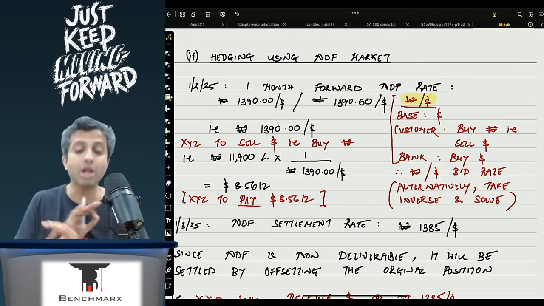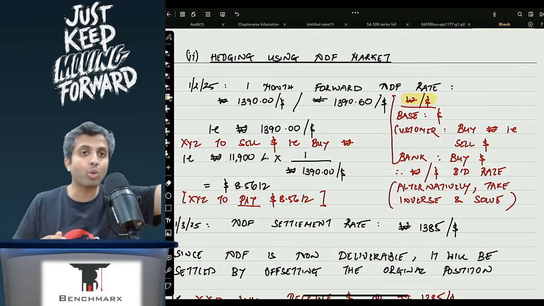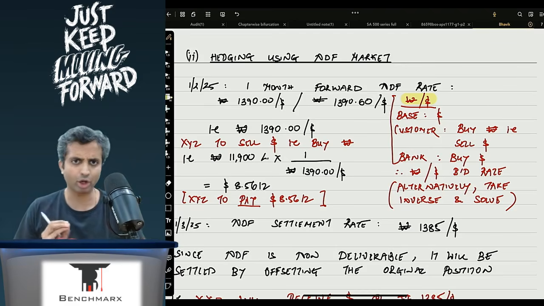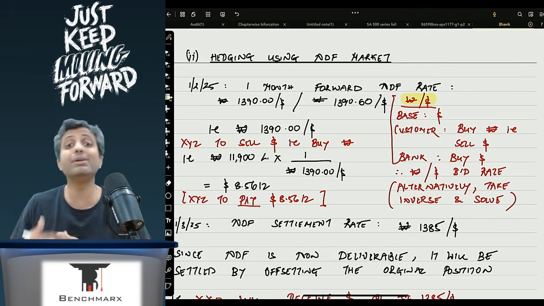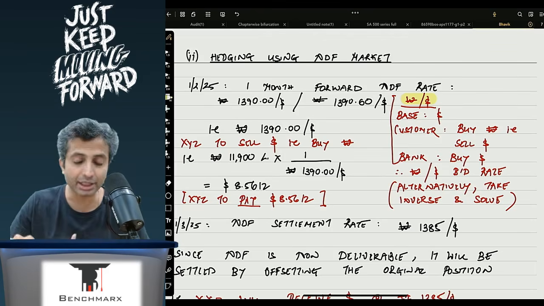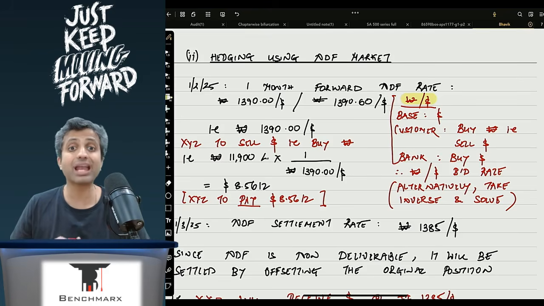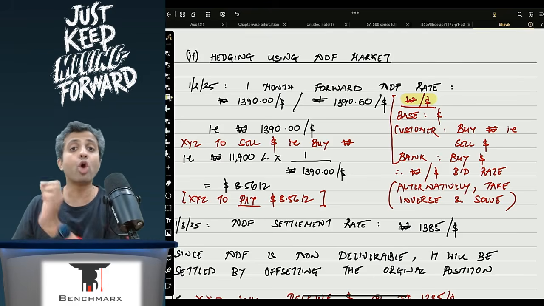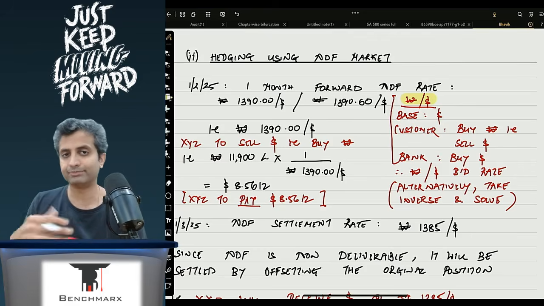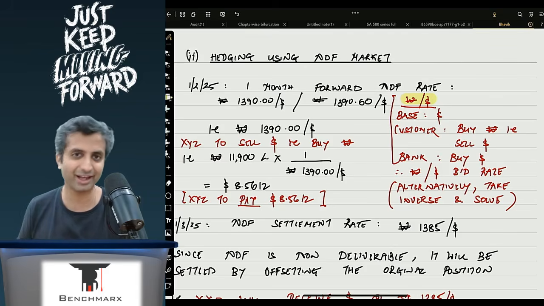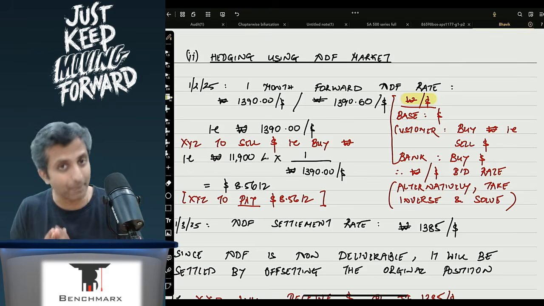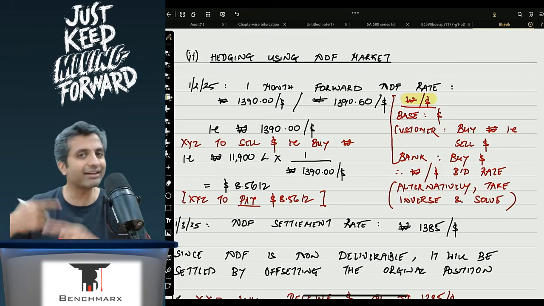So I will say that, okay, I would love to buy the won, but if I'm buying the won on one hand, on the other hand, I'm paying the dollars. So my strategy will be to pay, that is sell the dollars. But if I am selling the dollars, the banker is buying it, and hence the transaction happens at the won to the dollar bid rate. This is where you will almost certainly trip, and if you don't, well, quite good, pat on your back. But even if you do, don't worry, it's a very complex thing, and hence it will need some iterations.